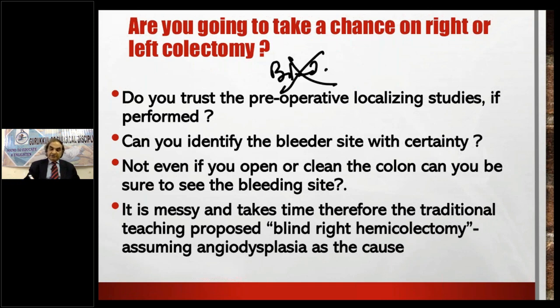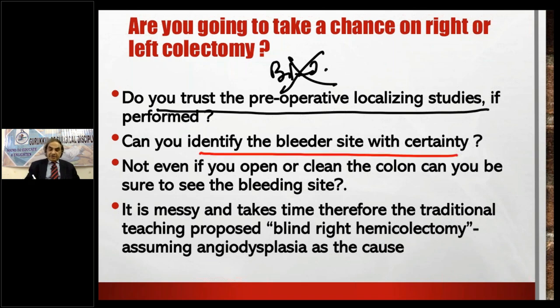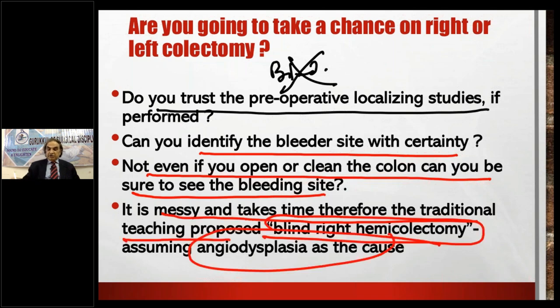You must localize. Do you trust the preoperative localizing studies if performed? We trust. We need to. But we can't do blind. Can you identify the bleeder with certainty? You can't. Not even if you open or clean the colon, can you surely see the bleeding side. It is messy and takes time. Therefore, the traditional teaching method is blind right hemicolectomy, assuming angiodysplasia is the cause. This used to be the practice, which is not done now,